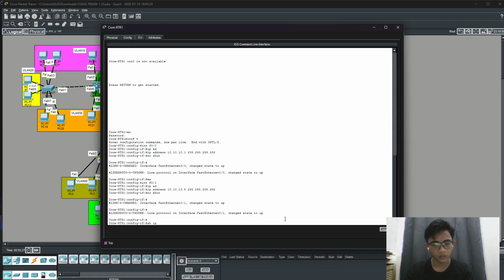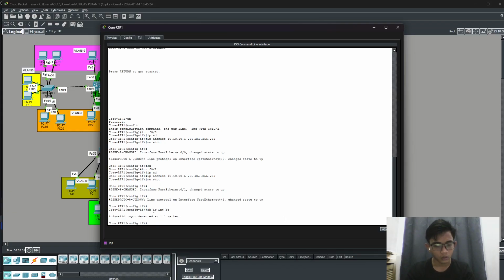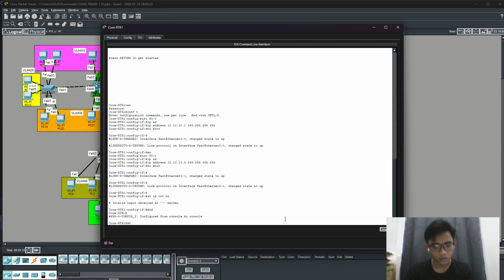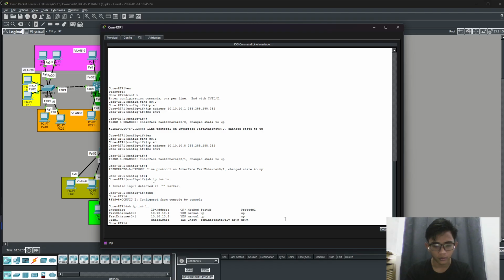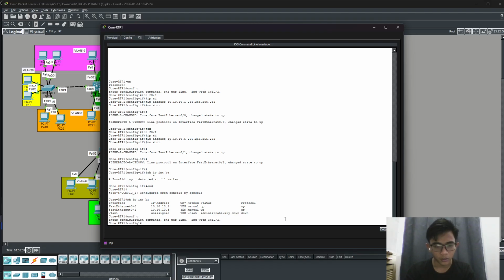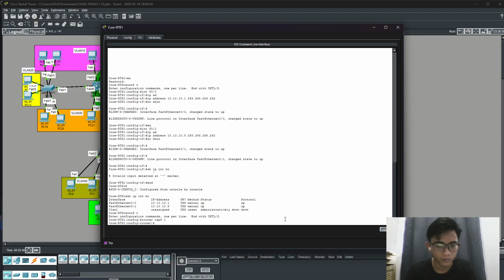So, IP interface brief. Okay, now configure terminal, router OSPF 1. The ID is 1, but if you want to use another ID, it's no problem.